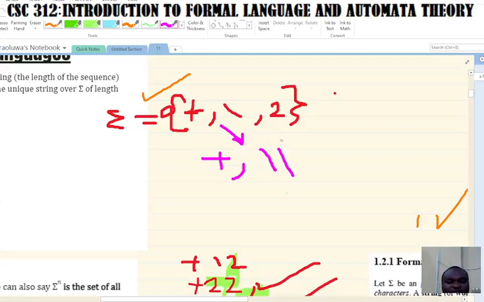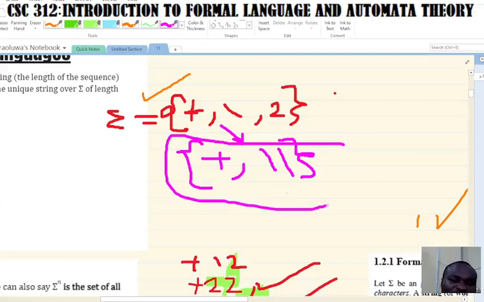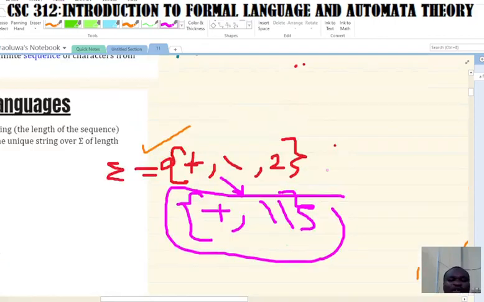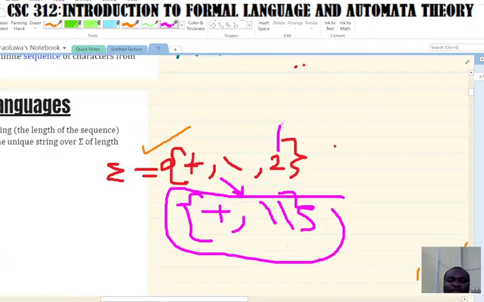But how do we describe these strings? If we group them together, we put them as sets. We now have to describe them because we are putting them together. They are not on their own. A string is supposed to be on its own. Like for instance, from here, you may describe 2 on its own. This is of length 3. So we can describe a certain form